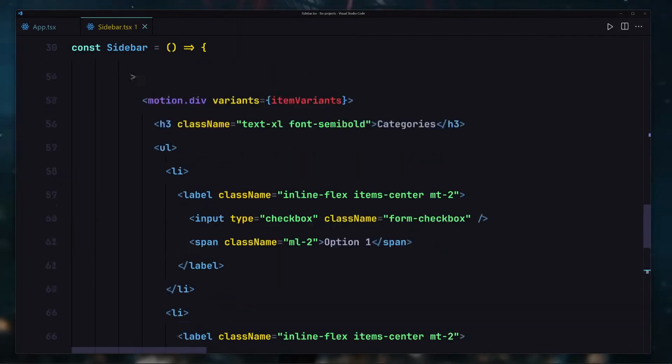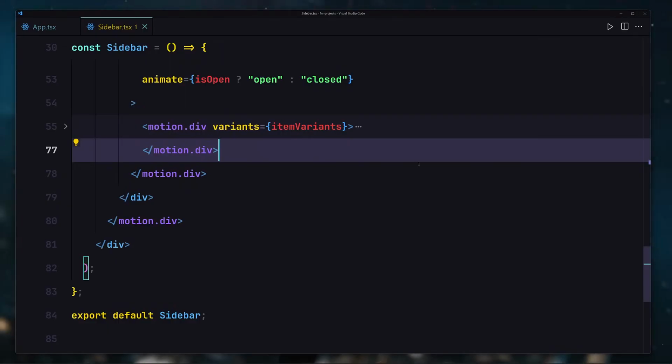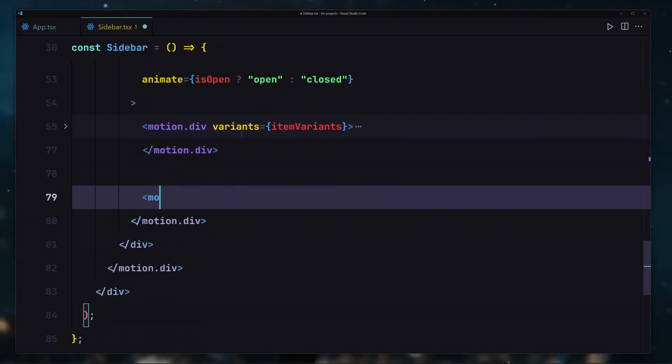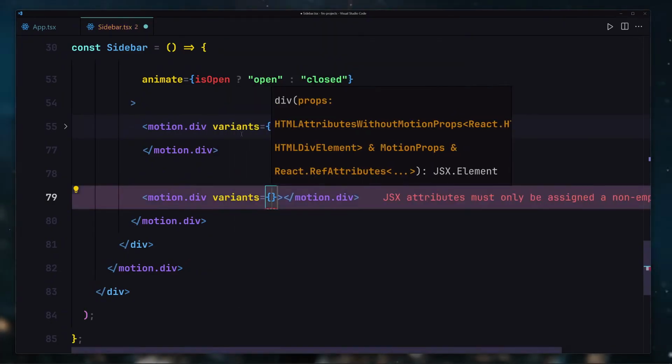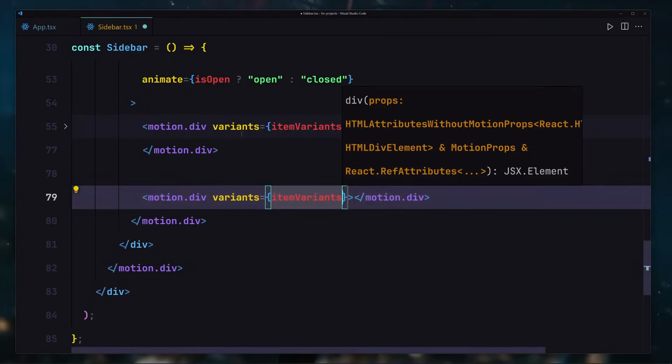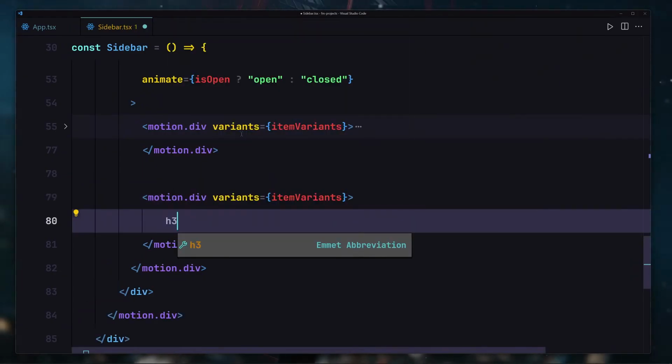Now underneath this div, I'm gonna collapse this div. We're going to be defining yet another div. So I'll use the motion.div once again and close them. And here we have to specify not the class name but the variants, and we're going to be using that item variants once again. Okay, so inside this div, we're going to be defining the h3 with the class of